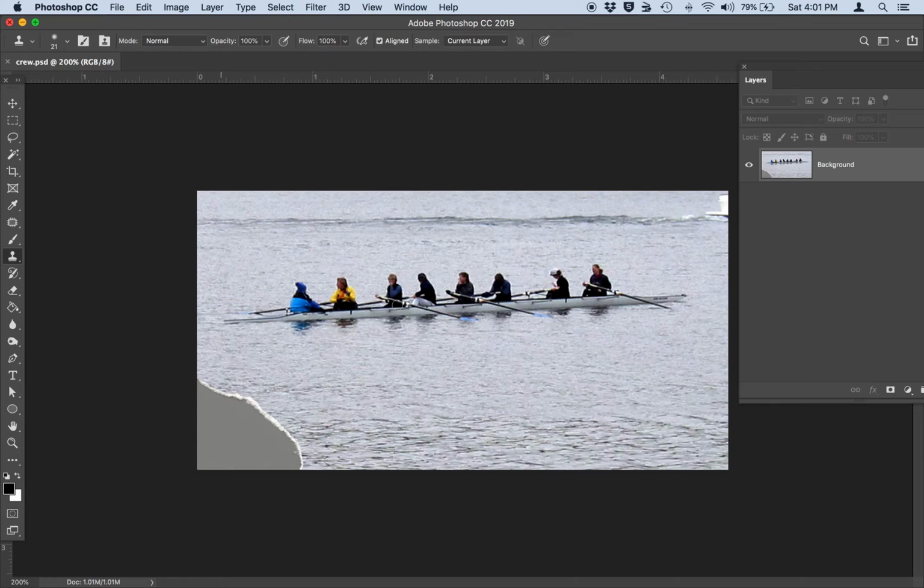Once I have this tool selected and my brush selected, I'm going to bring my mouse to a part of the picture to grab the pixels that I want to duplicate and paint with. So I want to use some water from this image. So I'm going to go ahead and hit Option on my keyboard, which is going to bring this bullseye looking icon